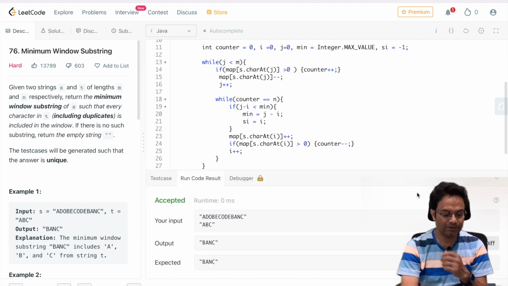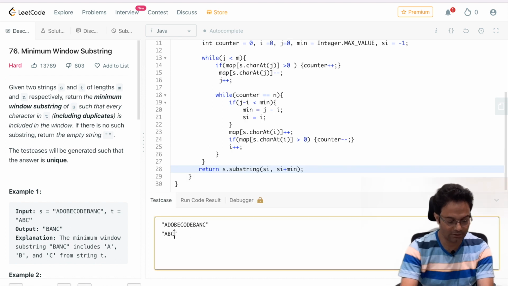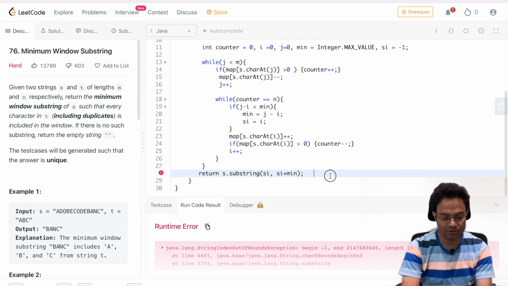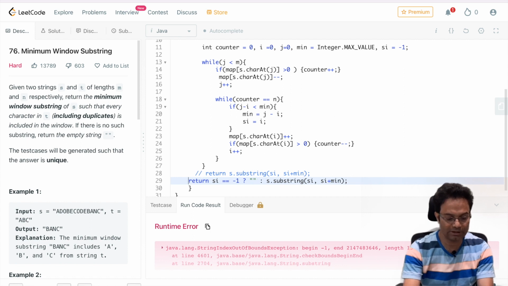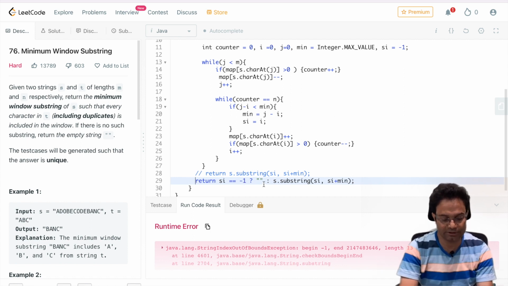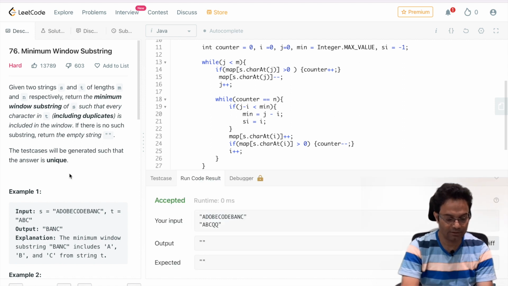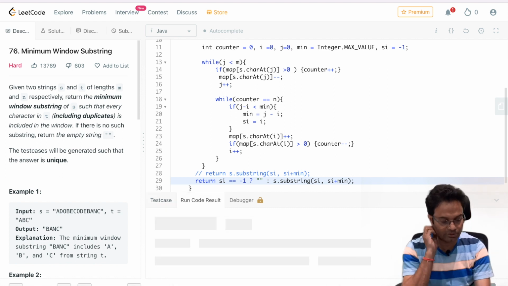It is working fine, but in the case if it is not a match, right? Suppose if it is not a match, then you should return the empty. Suppose if I make the q here, it is not matching, then I should return the empty. So that part we have not covered here, right? So what I will do, conditions: if that is -1, then you have to return the empty, otherwise you have to return these things. So if you do this, it should work fine. Yeah, so for the time being, change the test cases, we'll check one more time, it is working fine, and then